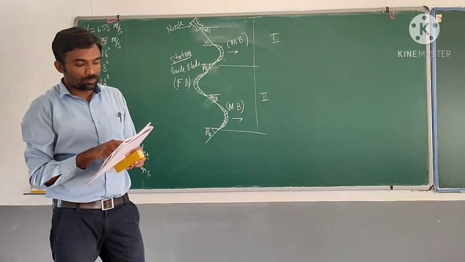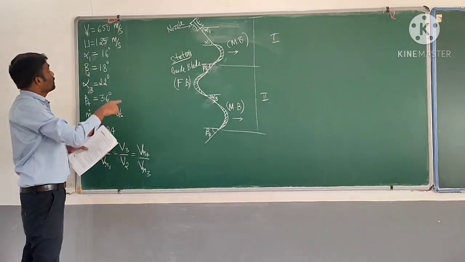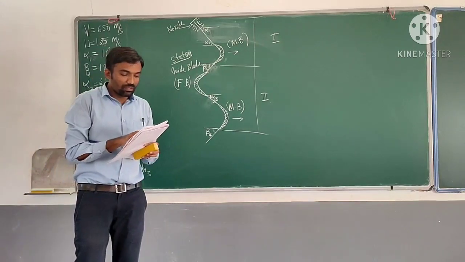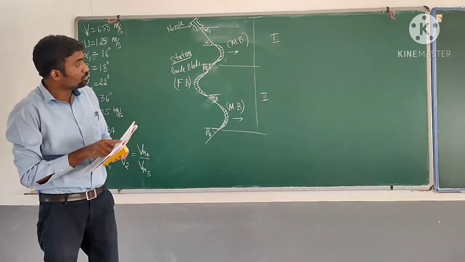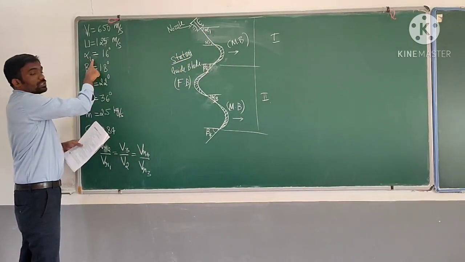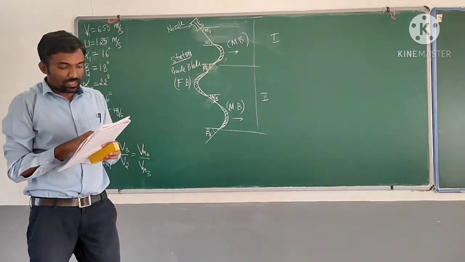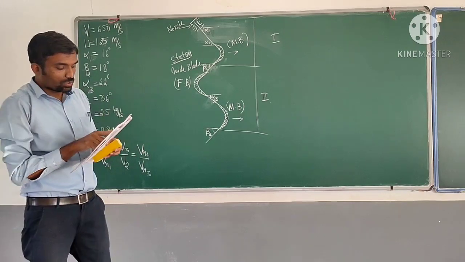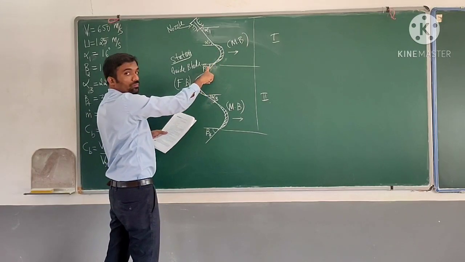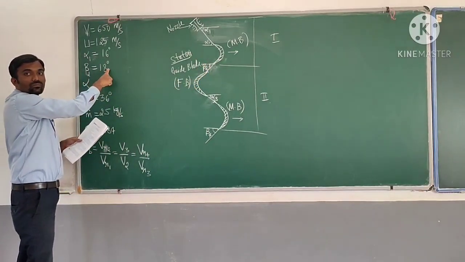Further, it is given that the mean blade speed is 125 meter per second. Mean blade speed is the speed with which the wheel will rotate. So that is u, which is 125 meter per second. Then the mean nozzle outlet angle. So the nozzle outlet angle is alpha 1. Again I am telling, don't get confused. Don't write it as alpha 2. Nozzle outlet angle is alpha 1. Further, the outlet angle of the first row of moving blade, which is beta 2, is given as 80 degree.